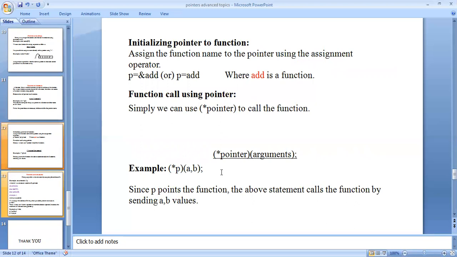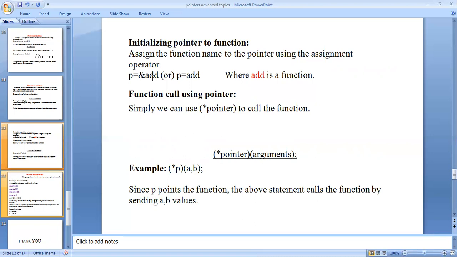It means that the right hand side element is assigned to the left hand side, as in p equal to ampersand add. That means the function is add, and its address can be assigned to p.